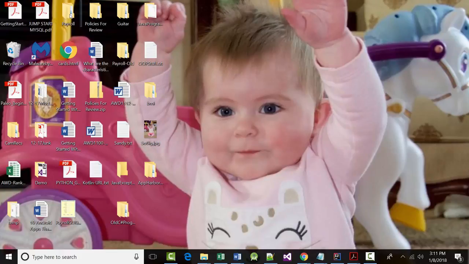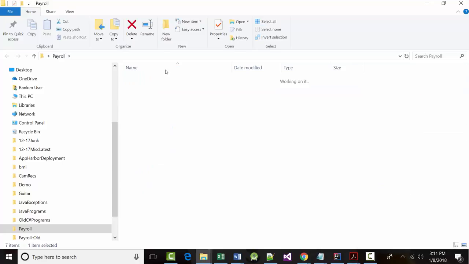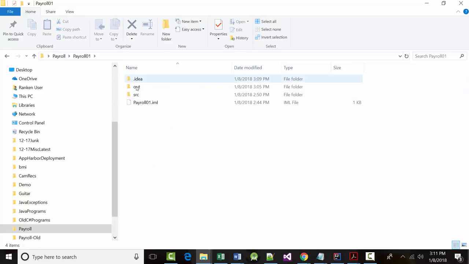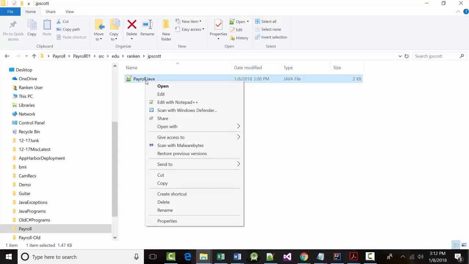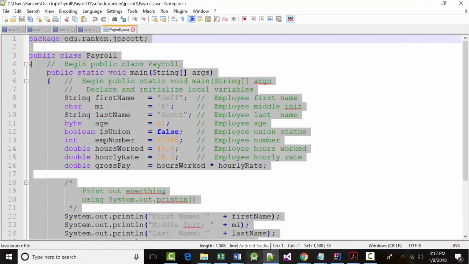Usually it's right in front of me, and there it is. All right, so I've got this folder called payroll right there. I'm going to go over to my first payroll folder just to show you this. So I'm going over to the first payroll 01, and then underneath it I've got a folder called source. Underneath that I've got an edu and a Rankin and a JP Scott, and there's the file I created, the first one. That's it. So now with that open, I'm going to do a Control A, Control C to copy